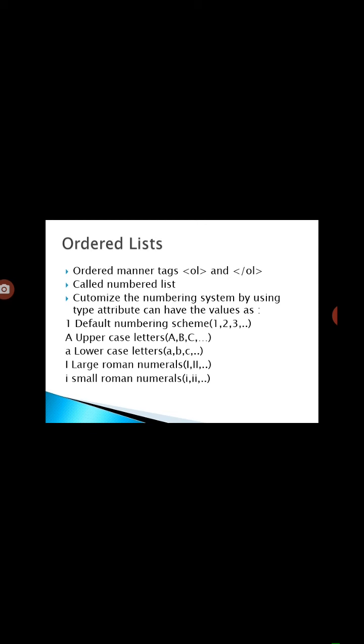We can have the values as 1, which is the default numbering system 1, 2, 3, etc.; A for uppercase letters starting with A, B, C, etc.; a for lowercase letters; I for large Roman numerals I, II, etc.; and small i for small Roman numerals i, ii, etc.